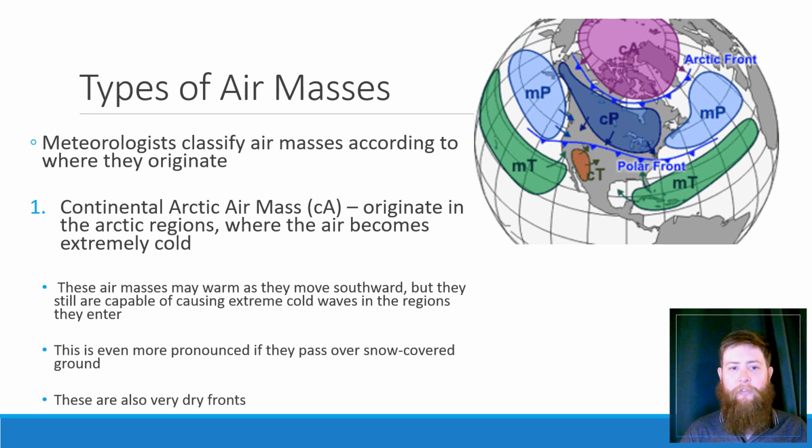So if they're passing over snow-covered ground, they are staying even colder longer, so they're able to move further down before they warm up. With these, they're very dry fronts, and the very reason that they're dry is because the air is so cold where they originate, they're not able to evaporate any water and carry that with them. So versus our tropical areas where they have a lot of heat to evaporate water, the polar ones don't. They don't have a lot of energy to do that kind of stuff. So they just get cold and they stay very dry. Right up here in the northern hemisphere, up in Idaho, when we get that really, really long cold spell in January, that's from that continental Arctic air moving down into this region and kind of getting stuck here for a couple weeks.